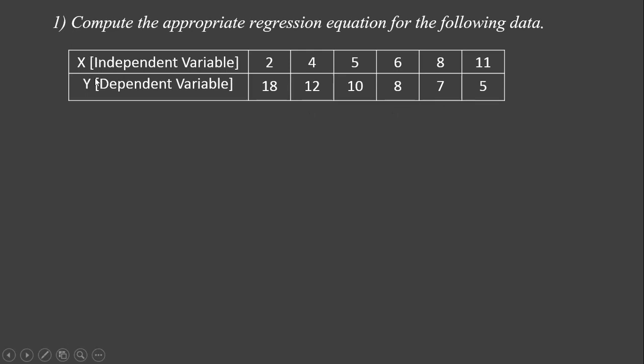So the values of X and Y, these are 1, 2, 3, 4, 5, 6. 6 observations, or the number of pairs of X and Y, are given. And here we have to find the appropriate regression equation. It is not mentioned here whether to find a regression equation of x on y or y on x. Here it is given as the appropriate regression equation, and to find that, these two things are given.